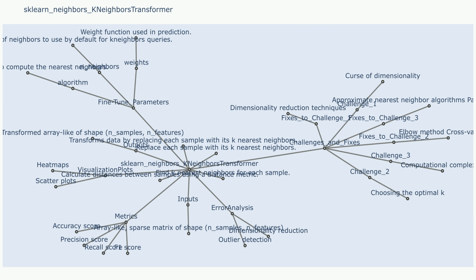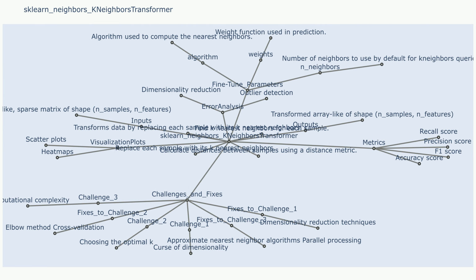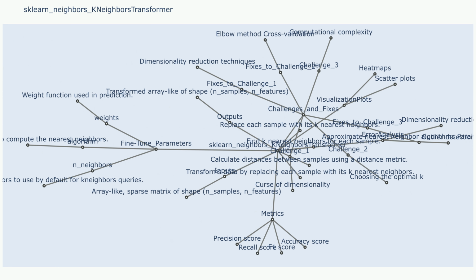Metric: the distance metric to use for finding nearest neighbors. Options include Euclidean (default), Manhattan, cosine, Minkowski. Algorithm: the algorithm used to find the nearest neighbors. Options include brute (default), ball_tree, kd_tree, auto. Leaf size: the size of the leaves in the ball tree or KD tree. Smaller values can lead to faster queries but can also increase memory usage.